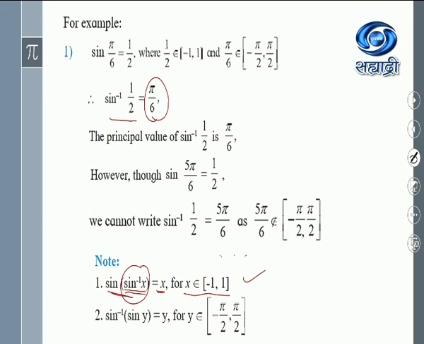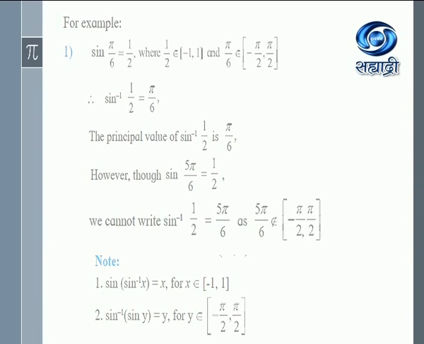So with this knowledge, we will have to remember the rule, you can say. Sine of sine inverse x is always x, and sine inverse of sine y is always y, but there y belongs to the closed interval minus pi by 2 to pi by 2. I think the idea is clear for finding the principal value of the inverse functions, and here we considered the sine inverse. So please remember the domain and the range for inverse functions. This is very, very important.